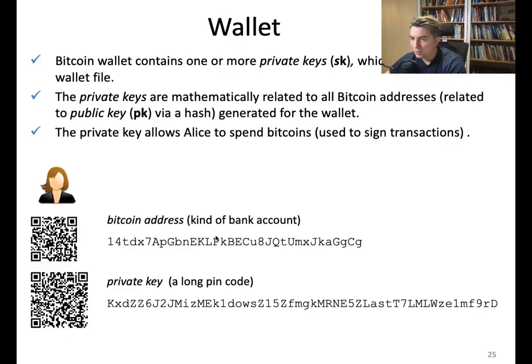In terms of length, a Bitcoin address could actually vary, typically about 26 to 35 characters long,